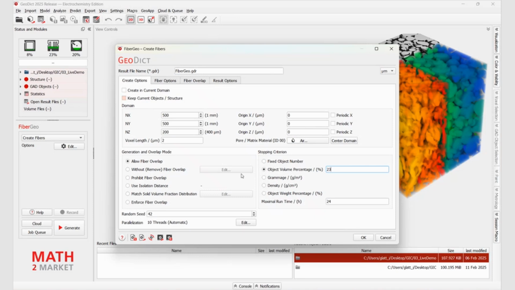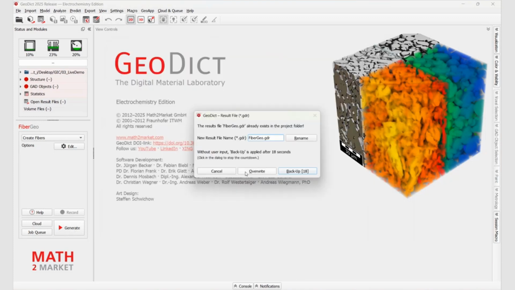If we do it for modeling, we should remove the fiber overlap, but it takes some time to do that. So just for the demonstration, I let the fibers overlap with each other. Otherwise, I choose the without overlap option, and then the fibers will not overlap in the resulting model. So if I do that and click on generate,